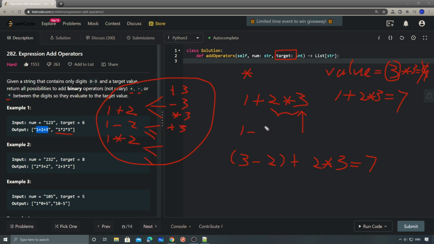Let's say we have 1 minus 2 times 3, right? Same thing, right? So for this one, the current value will be what? We have 1 minus 2, which is minus 1. So we also need to do the same thing. We do a minus 1, and in this case, it's going to be a plus 2, right? And then we times plus 2 times 3, which is the